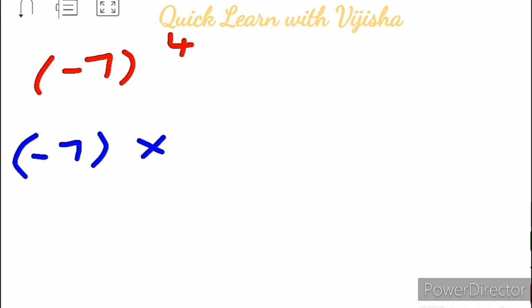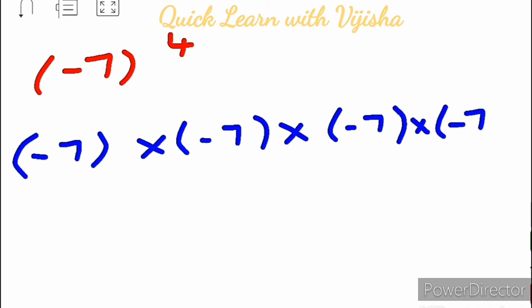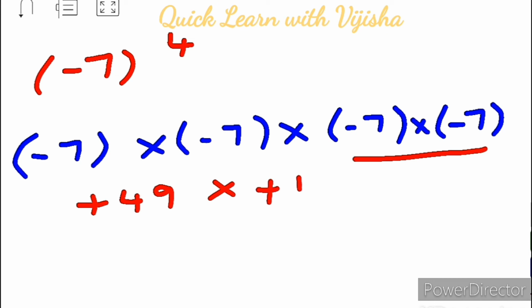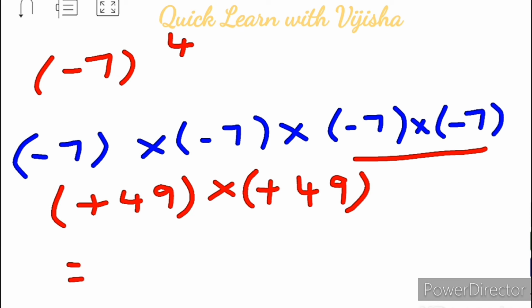Let's see one negative question sum. Minus 7 raised to 4. So minus 7 has to be written how many times? 4 times. Understanding, children? Minus 7 has been written 4 times. So minus 7 into minus 7 will give you the answer as 49. Minus minus will become plus. Here also we will multiply, and it will also give you the answer as plus 49. This way also you can solve. Now after multiplying 49 into 49, you will get the answer as 2401. Hope you are understanding, students.